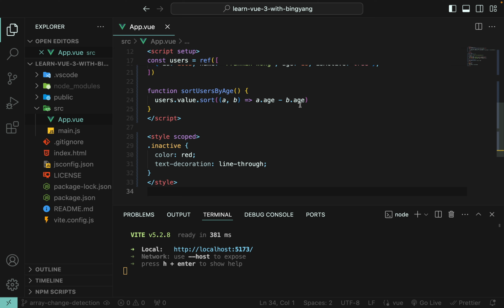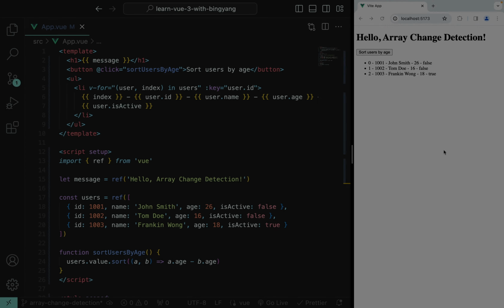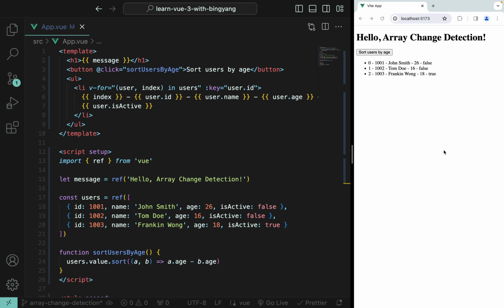Let me copy and paste some starter code. In this simple example, we defined an array in the script with 3 users: ID, name, age, and isActive. And in the template, we use v-for to loop through this array and print index, ID, name, age, and isActive. So this is pretty straightforward. There is a button to sort users by age. And here is the definition of this method. So here, if I click sort users by age, as you can see, the users are sorted by age in